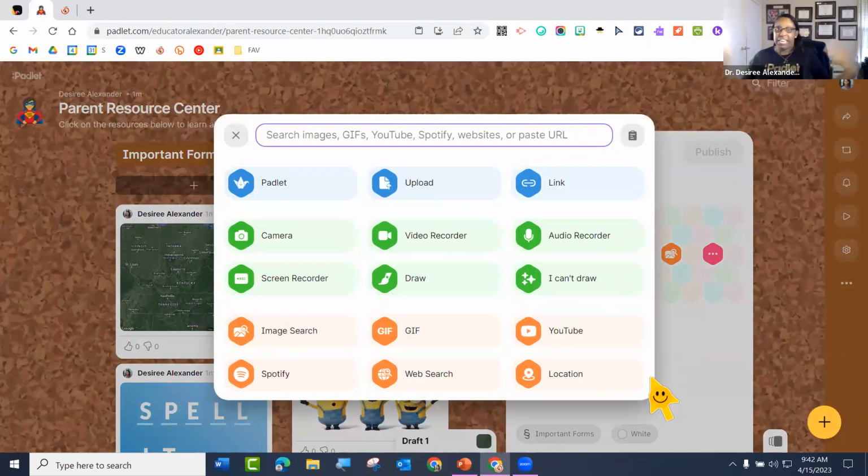So that's really it for posting stuff to your Padlet. Do we have any questions? Because what we're going to do next is go through some examples of Padlets and start getting a little bit of ideas, even though we've been doing that for the whole 2 hours, but we want to get some more concrete ideas of how we can use this. Okay. But before we go there, let's see if we have any questions.